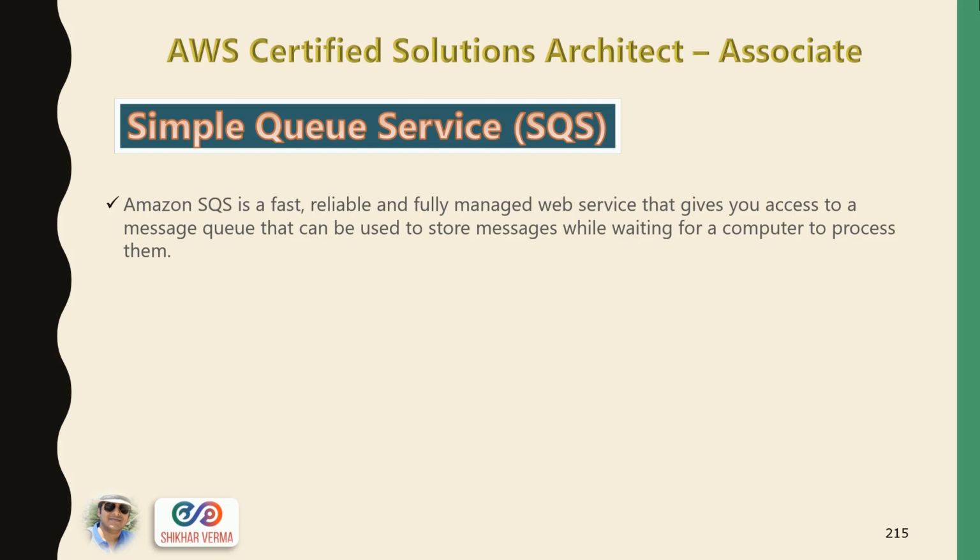Suppose all the 50 customers have come to the cashier counter and asked the cashier to respond. Here the cashier can respond to one customer at a time. If all the 50 customers ask the cashier to respond at the same time, would the cashier be able to respond to all the 50 customers at the same time? Obviously no. The customers have to come in a queue one by one,